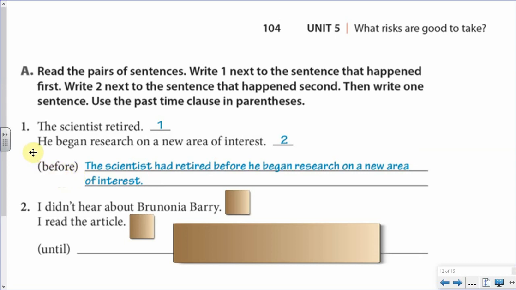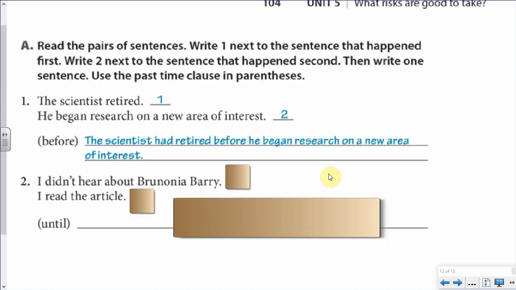The scientist retired. So we already know that this happened first, and then he began research on a new area of interest. Okay, so we have our 2 sentences, and we know this one will be what with the past perfect, because it's action number 1. So we can see that here. The scientist had retired before he began research on a new area of interest. Okay, number 2,